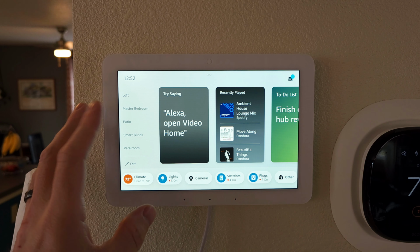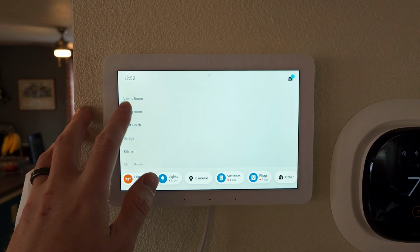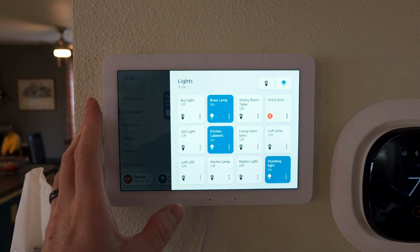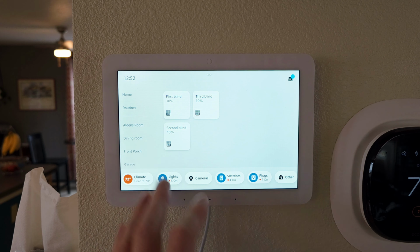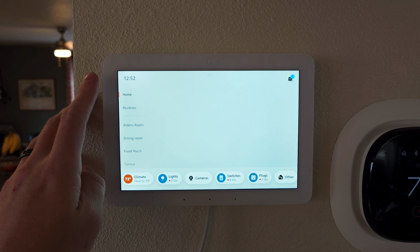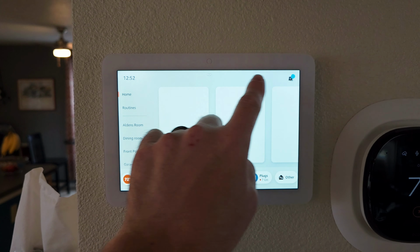And then there's some redundancy. So over here, you can select your room in which you want to control, or you can come down here and basically find the same exact things, just in a more jumbled way. So there's a little bit of a redundancy, and then there's no way to get back to the home except for tapping on this top home button here. And if you're swiping through the user interface,